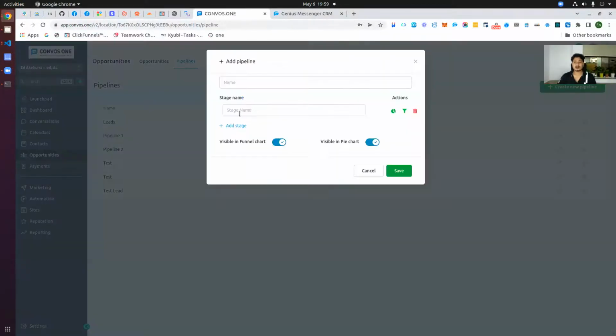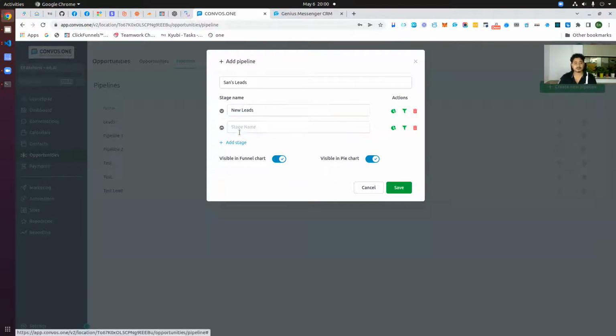If I click on create new pipeline, then I can give it a name. And you can create as many stages as you want. So I'll be taking a few stages, new leads, and then the very next one will be